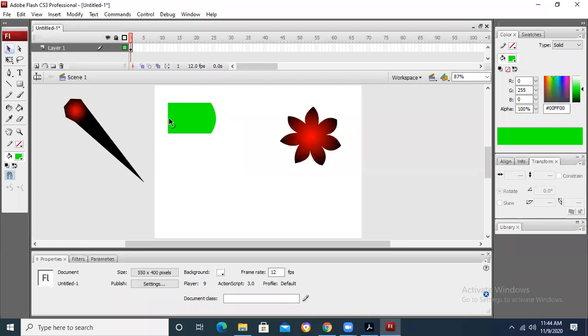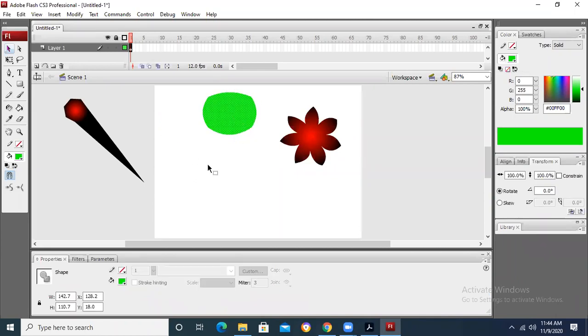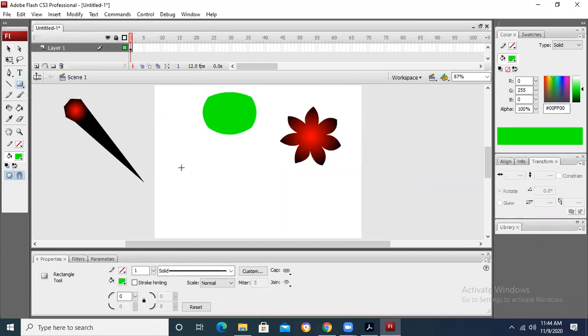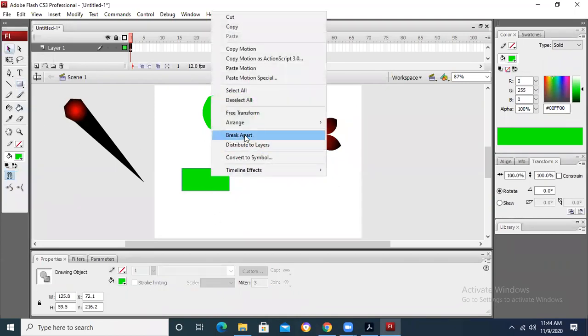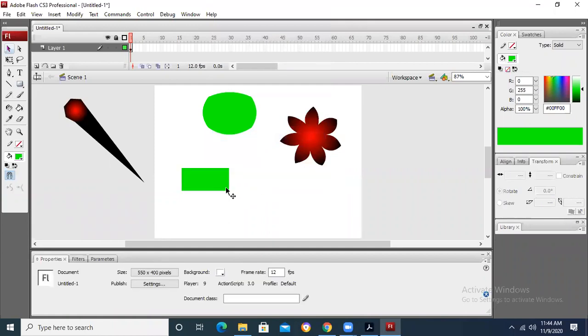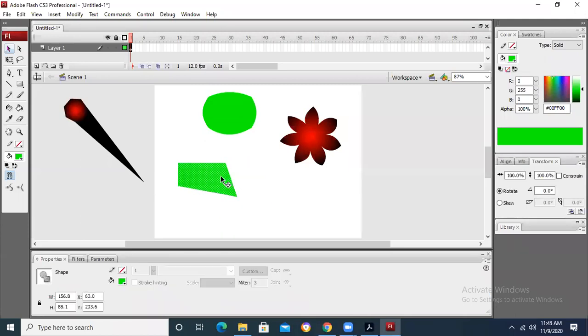So how you can do this job? You can convert it to the arc if you want to do. So it depends basically on your requirement. Now this has been converted to some other shape. But if it was a rectangle, and I bring my mouse cursor to the corner. Let me break it apart. If I bring my mouse cursor to the corner, and if I stretch this corner, you can make change in the shape. Can you see this? You can make change in the shape.